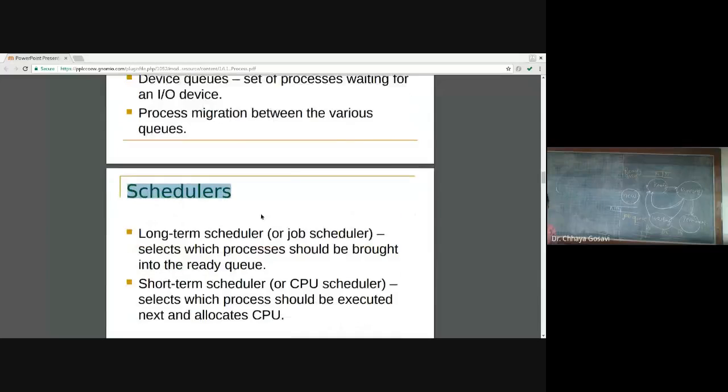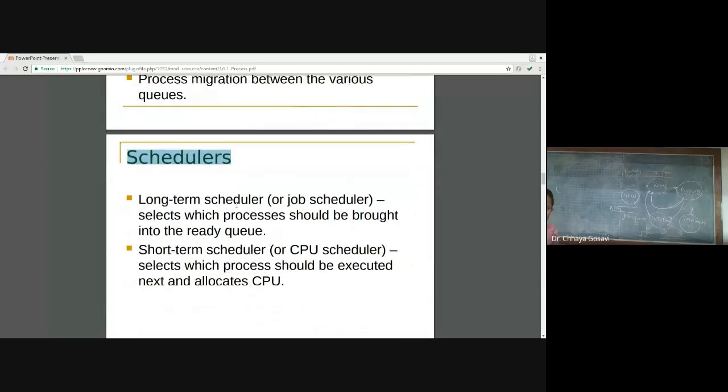And we have three types of schedulers in an operating system. Mainly there are two main schedulers, the long-term scheduler and the short-term scheduler. And the third is the middle-term scheduler, which we'll see afterwards. The long-term scheduler is called the job scheduler.